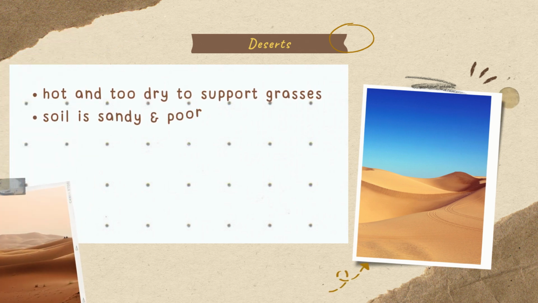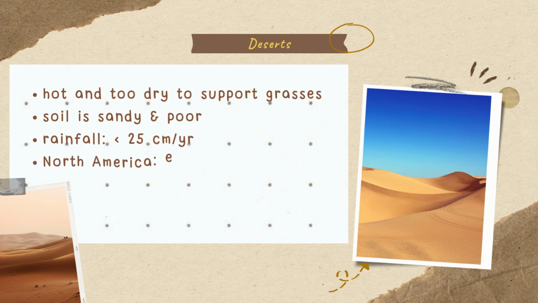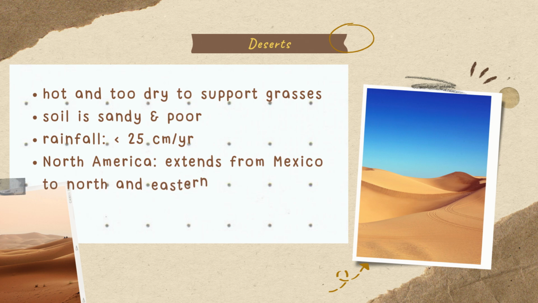And when we talk about the desert biome, which is again another type of biome, we're now transitioning, okay, to the equator portion already, or the tropics. This one has, as we all know, a hot and too dry environment, too dry to support grasses. Another distinct characteristic of this is that the soil here is sandy and poor. So that means very limited plants or vegetation can be found here in comparison with